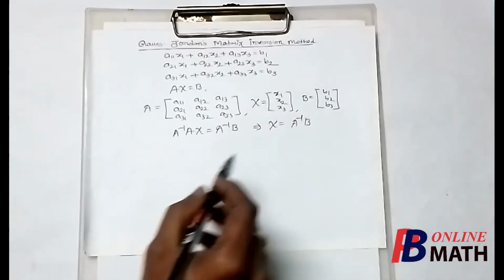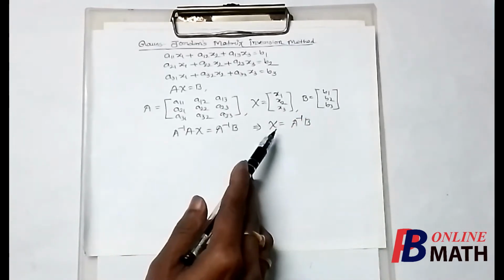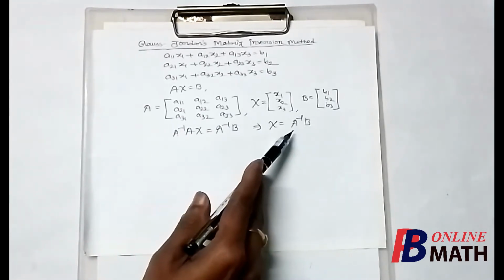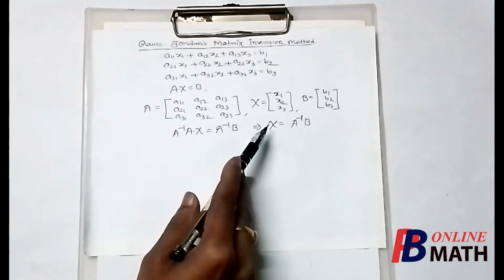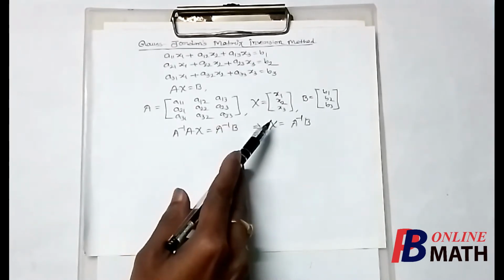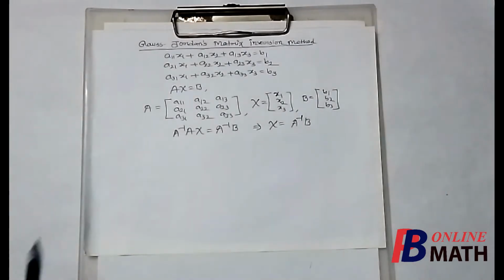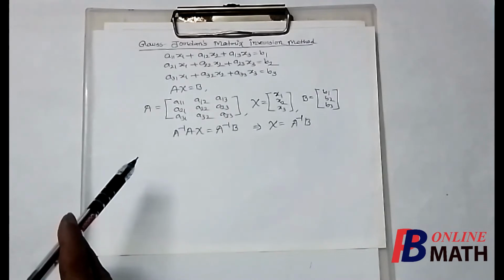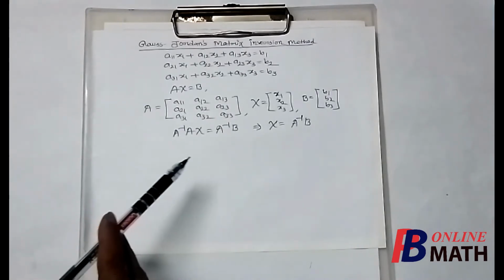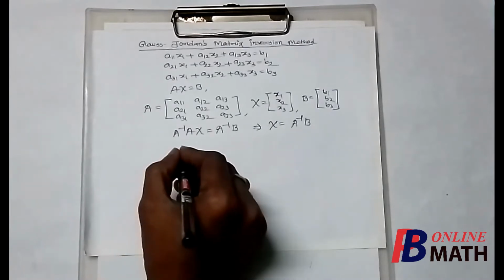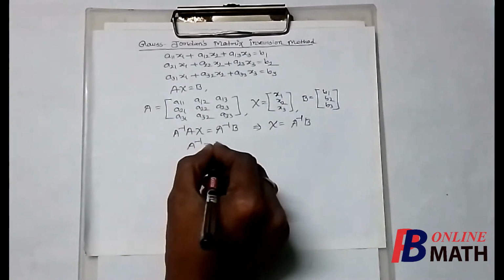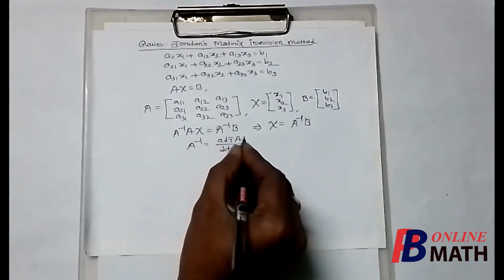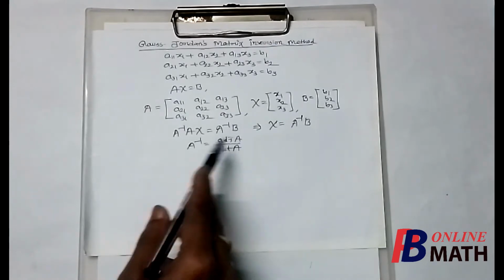So if we somehow obtain the inverse of the coefficient matrix A, and if we multiply this matrix by the B column matrix, then we shall get the unknown values or the values of x1, x2 and x3. So our target is to find the inverse of the matrix A. Now there are several methods to find the inverse of any given matrix. If the matrix is non-singular, then we know that the usual way to find the inverse is adjoint of A divided by determinant of A. So we can easily find the inverse by using this formula.